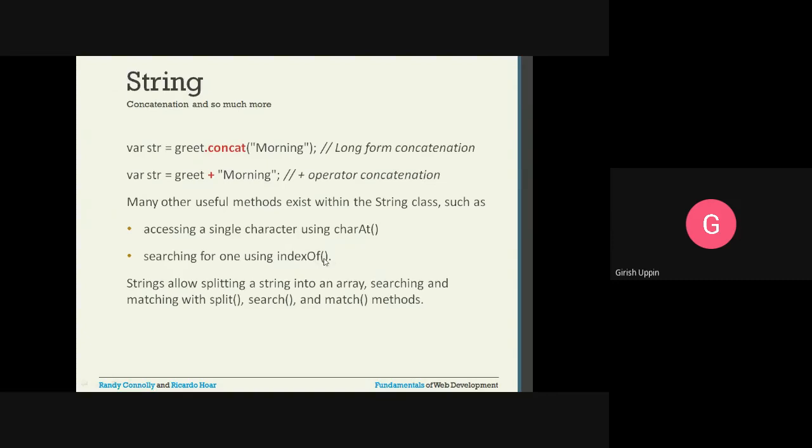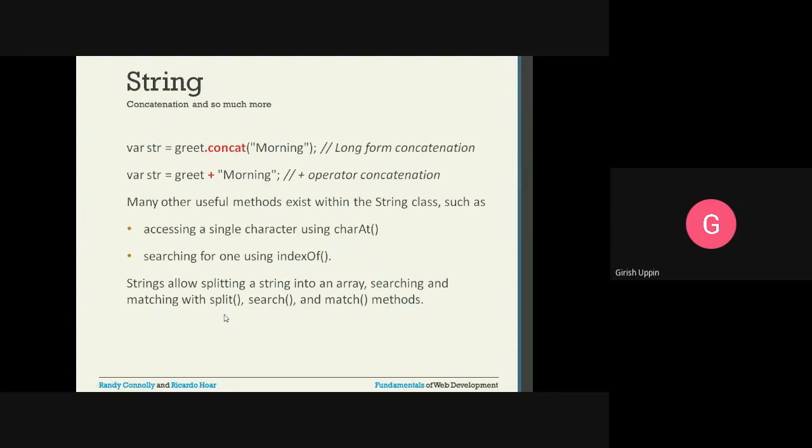Strings allow splitting of the strings into an array. So using split, we can convert a string into an array. Searching and matching, that also we can do with methods like split, search, and match. What split will do is convert one particular string into an array.